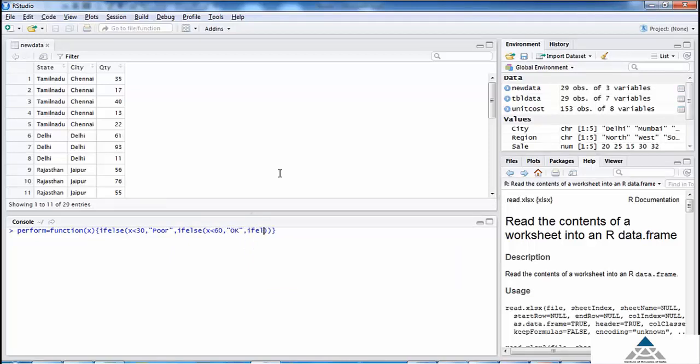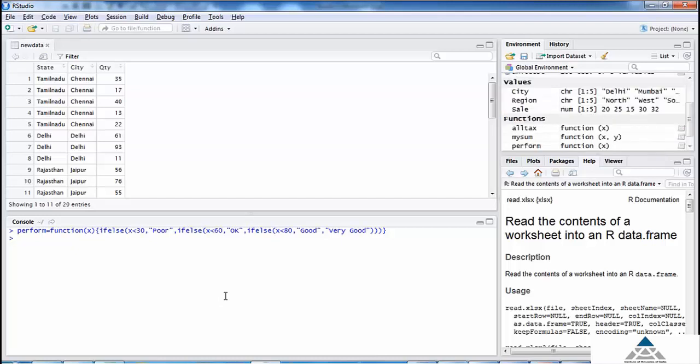If else x is less than 80, then good. Otherwise, very good. Remember to write each if condition within the else part of the prior if condition. Hence, we have entered all the conditions for the if statement in one function.